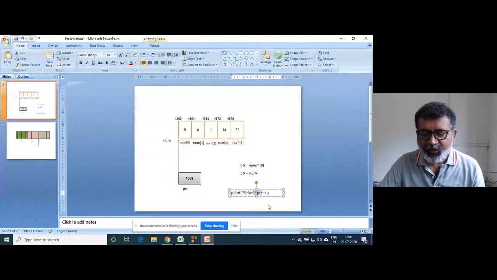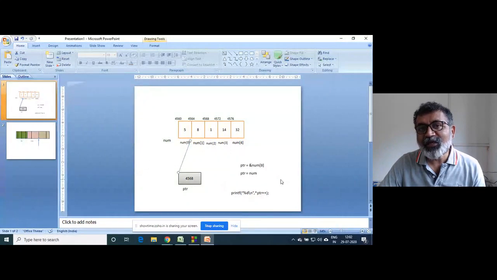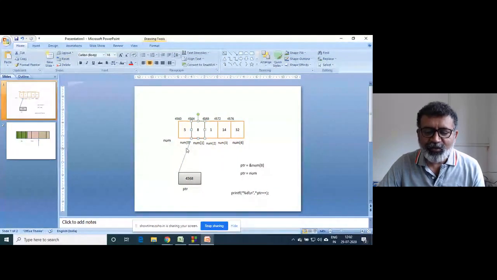So 5 will be printed. And then PTR is incremented. PTR plus plus, no? So it will go here. Right? And then control goes for the next iteration, that is, I plus plus, right? Again star PTR, so 8 will be printed, right? Again PTR plus plus, so it will go here.